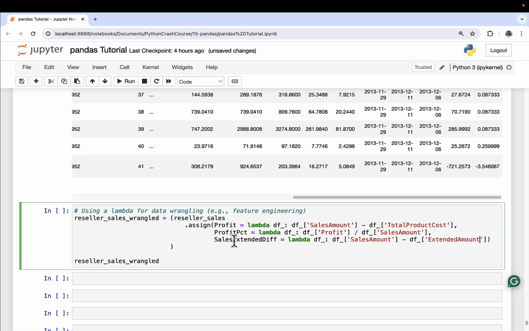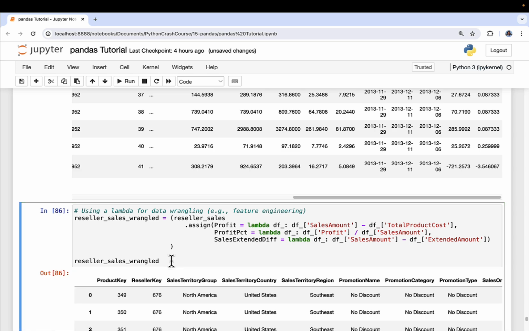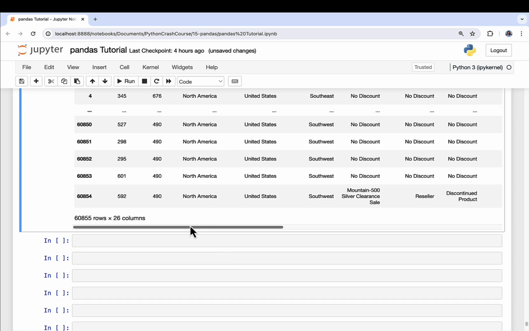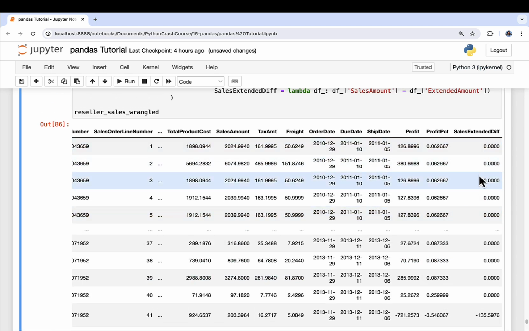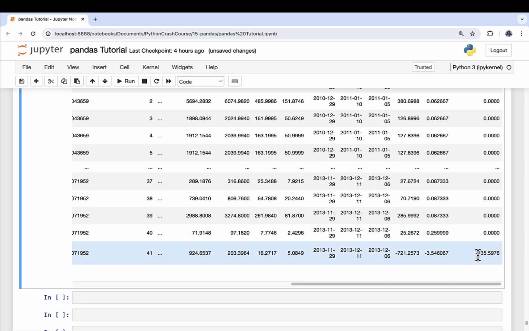What we're trying to look for are the negative situations where the extended amount, the cost of the order, exceeds the sales amount. When that happens, we get a negative value, and of course that's not good for the business of AdventureWorks. So we'll go through that. We can see a lot of stuff is 0, which is exactly what we had hoped for. The extended amount and the sales amount are exactly the same, but every now and then we can see, oopsie,